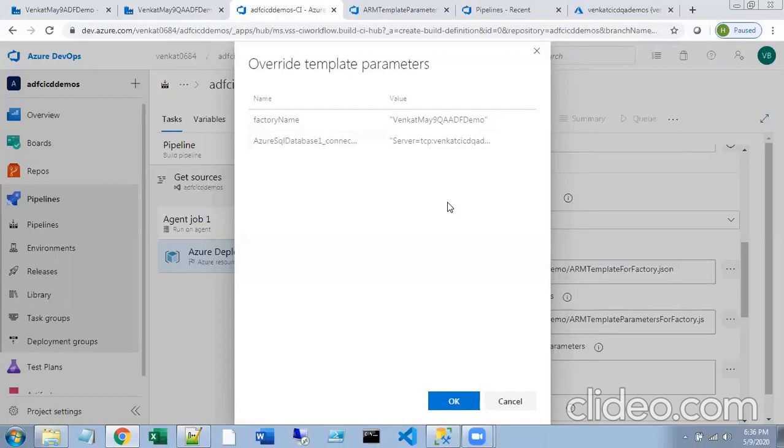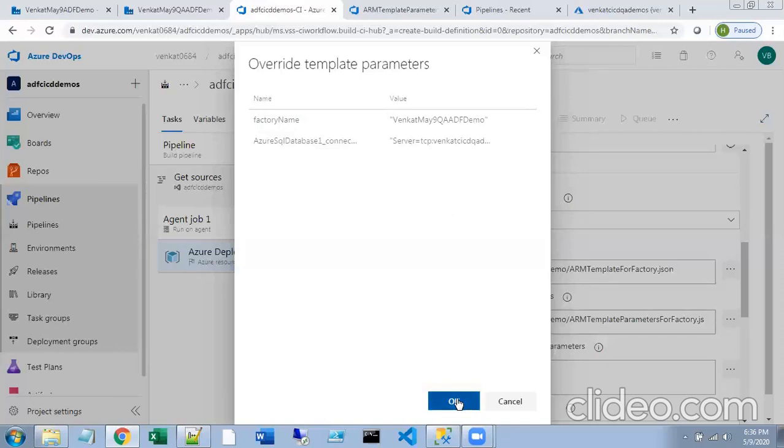So what if we want to deploy the same thing into multiple environments? After QA it might be the UAT environment, after UAT it might be the production environment. So how will you manage these values for the other environments? You have to create variables, respective variables for each environment, and use them. I'll be recording those videos as well.